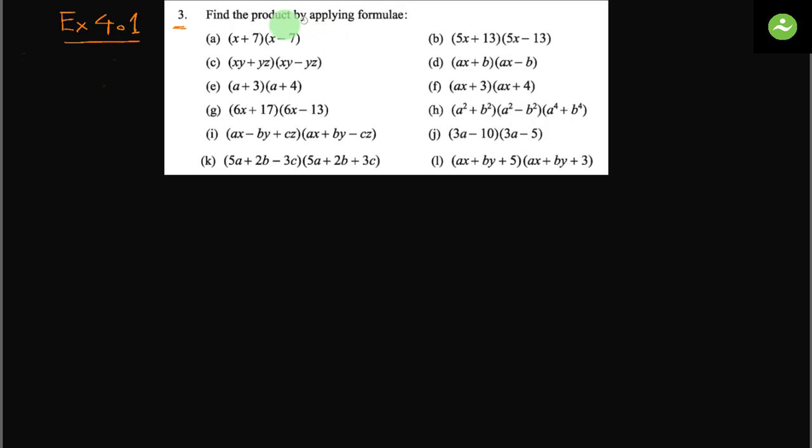Let's see what formula we can use here. For A, serial A, x plus 7 into x minus 7. It looks like the A plus B, A minus B formula. Let's write the formula. A plus B into A minus B equals A square minus B square. This is one formula, and the other formula